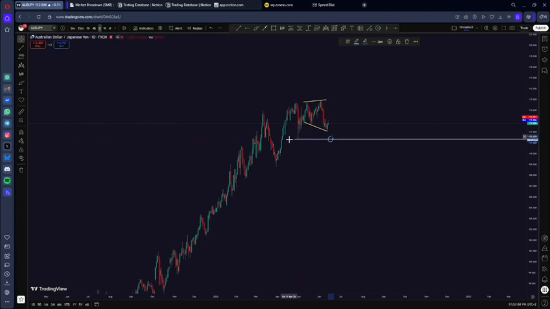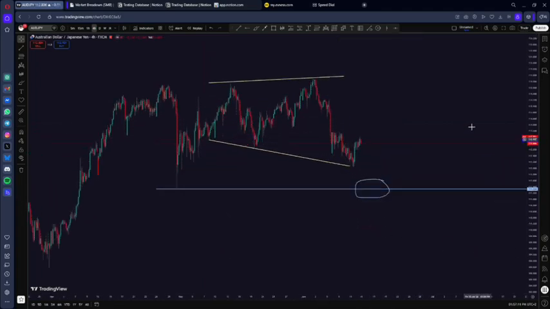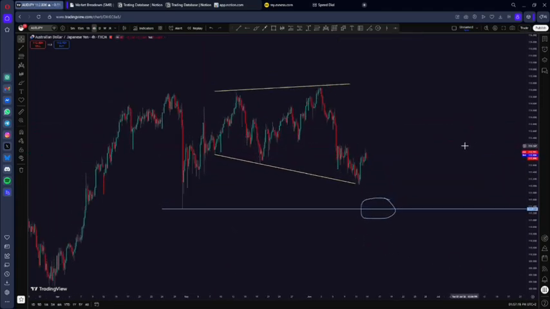This is a daily value area also, so there's nothing to really worry about unless we see something different, of course. So we can see that we had this 1 2 3 of an expanding channel